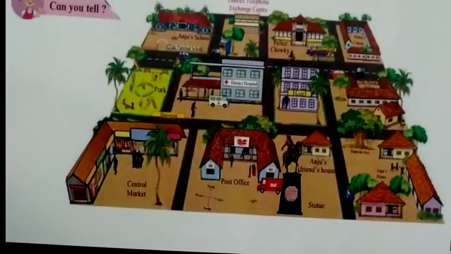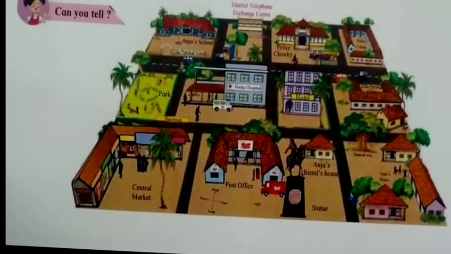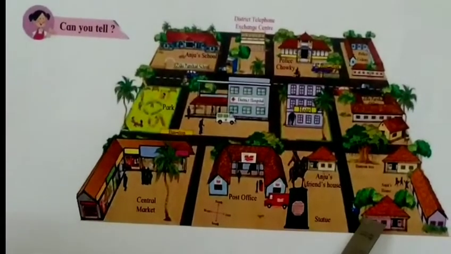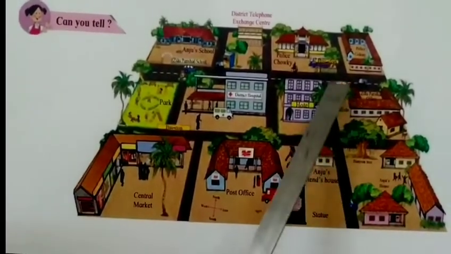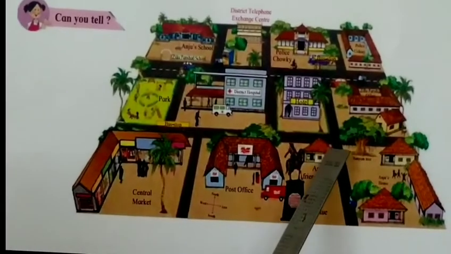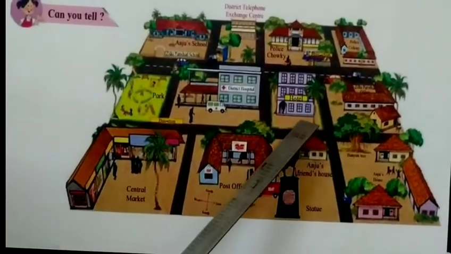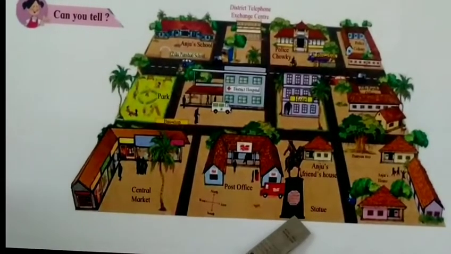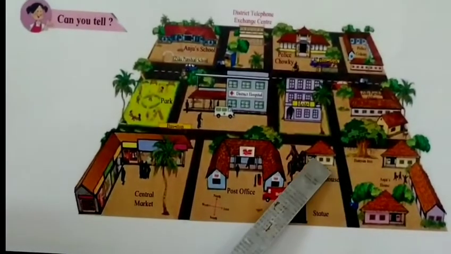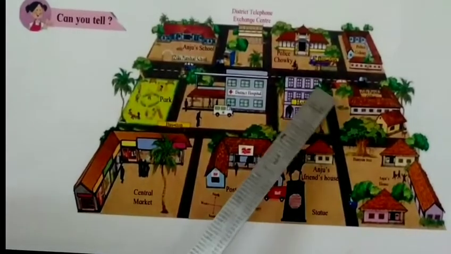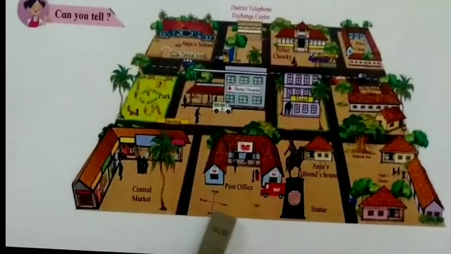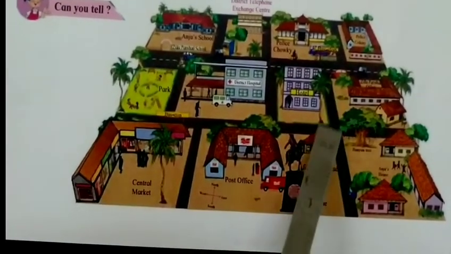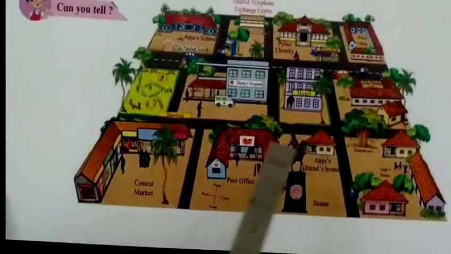Now first, write the direction in which the places on the narrow lane are situated. Now what we have to do? We have to write the direction of what all is present in the narrow lane. In the narrow lane we can see the statue, then her friend's house and the hotel on the west side. See, this is the compass rose. If we keep the compass rose here, all these sides come on the west side.